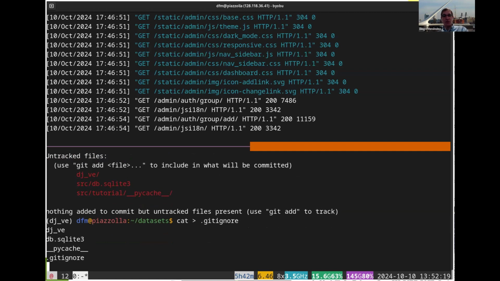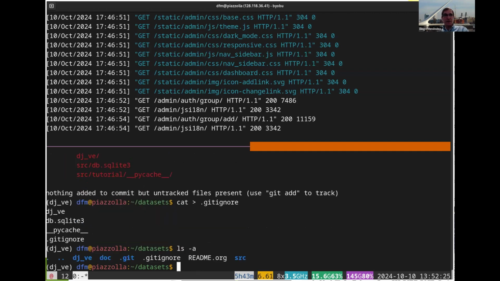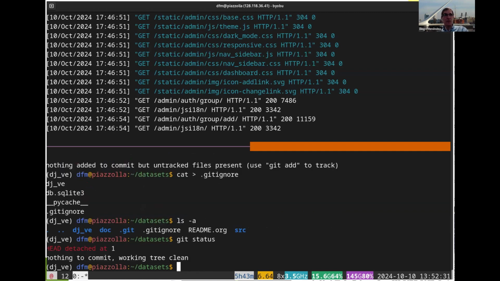And then we do Control D to end input. If we list all files, now we see that it ignored there. And if we do git status once more, now these files that we on purpose want to ignore are ignored, and it's clean. So let's move on to the next